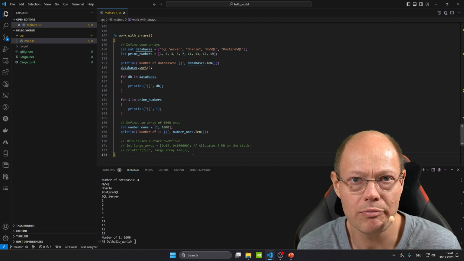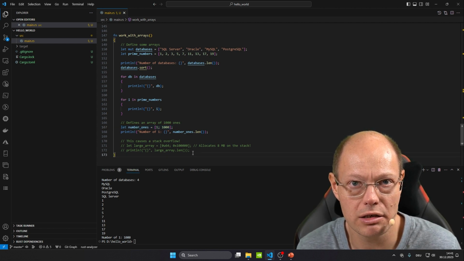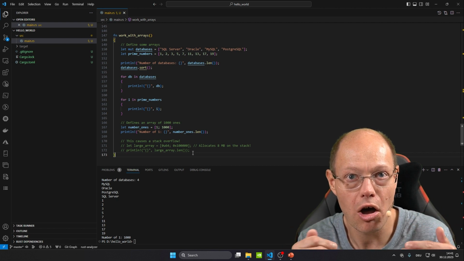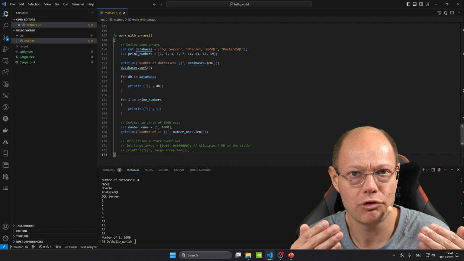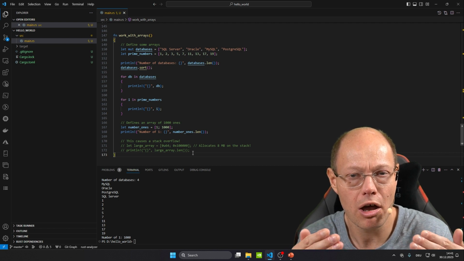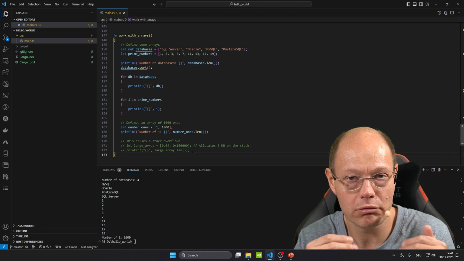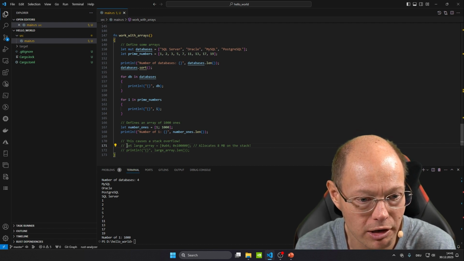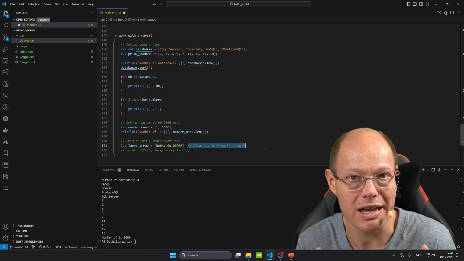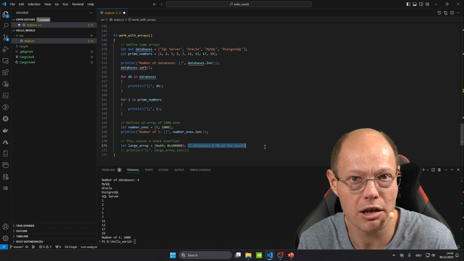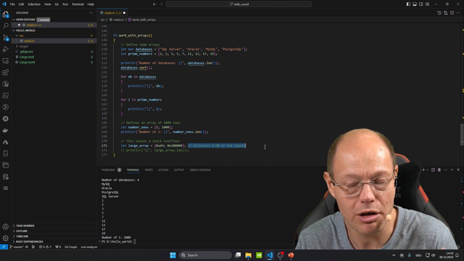As I have said previously, an array is always allocated on the stack in Rust. So you're not allocating any memory on the heap when you're defining the content of an array. But this has some serious side effects. Imagine you're allocating a huge array. You would allocate a lot of memory in your current stack frame on the stack. Imagine the following. I'm defining a very large array. We're allocating 8 megabytes of data on the stack for that array. And guess what? That definition of that array